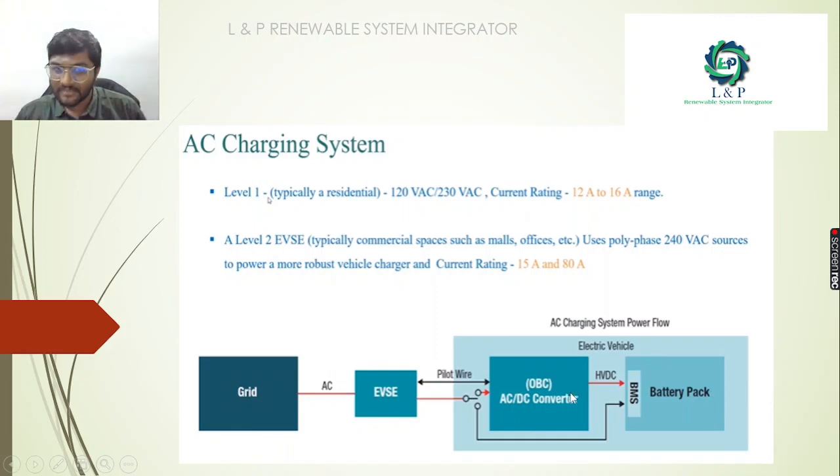DC converter. In our AC charging system we have 2 levels, level 1 and level 2. For a rated current of 12 amps to 16 amps, we will use level 1, which is single phase. Whereas in the case of level 2, for example commercial locations like malls or offices, if the current rating is from 15 amps to 80 amps, then we can go for